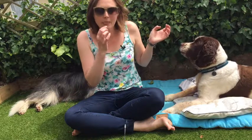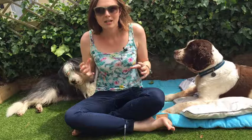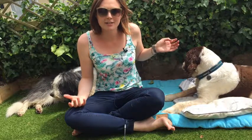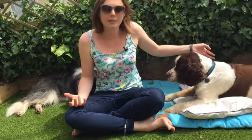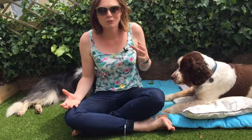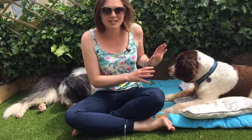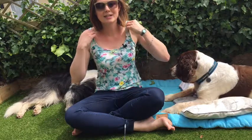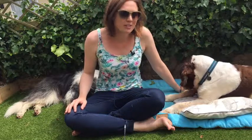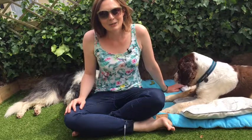So Duke has a few health problems that Tiffin doesn't, and this is with old age. So he's got muscle wastage disease on the right side of his head, and he's got weak back leg muscles. So we have to keep him much more comfortable, and he is partially blind and partially deaf. So we need to give him more comfort than a younger dog needs. So he's always got these cushions, he's got his own sofa in the lounge, and he's got a padded bed